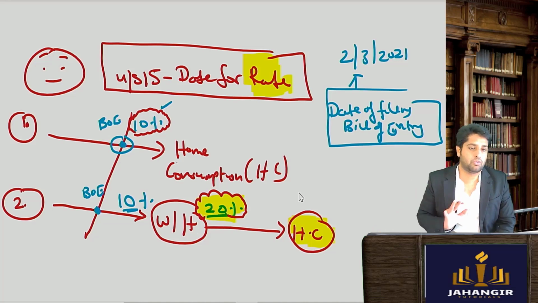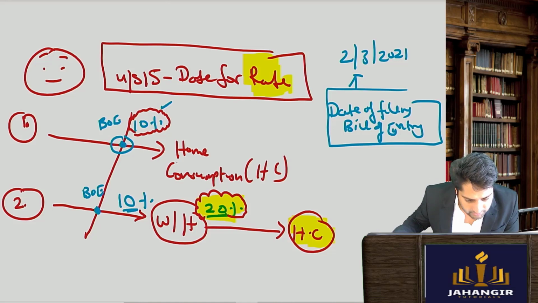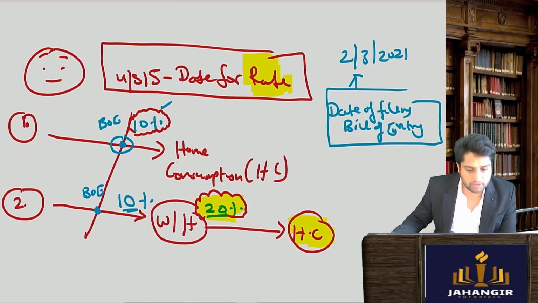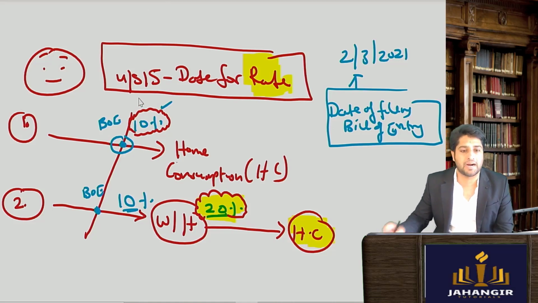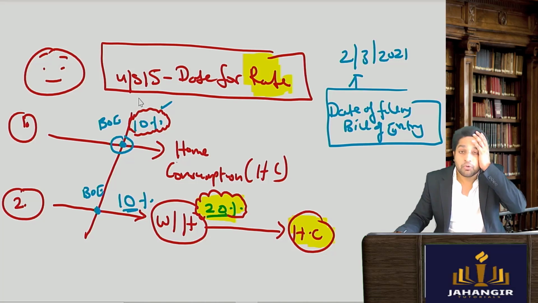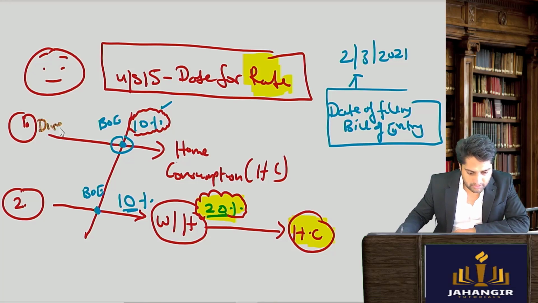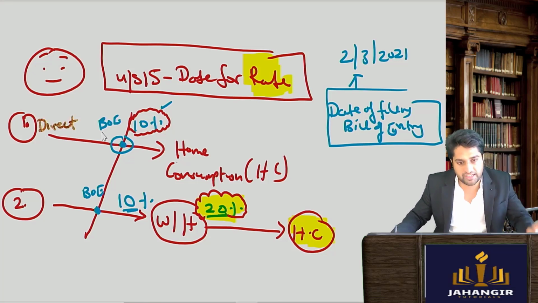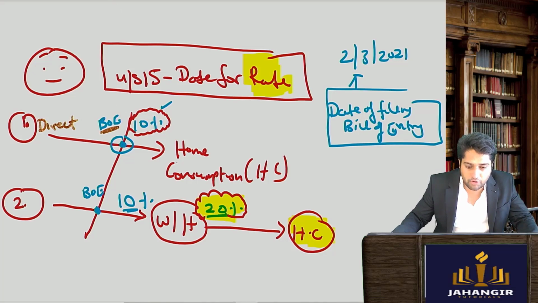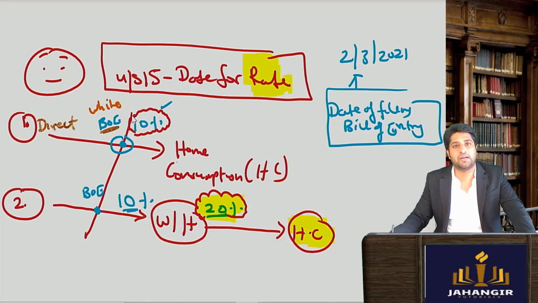Now one more thing you have to pay attention to. All this is not given in your book, but I am still telling you, you can note it down. When you are removing the goods directly for home consumption, you file a bill of entry. This bill of entry will be in white color.